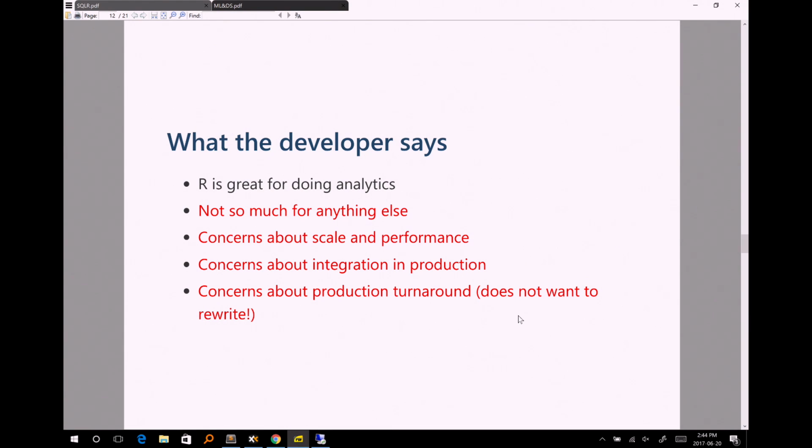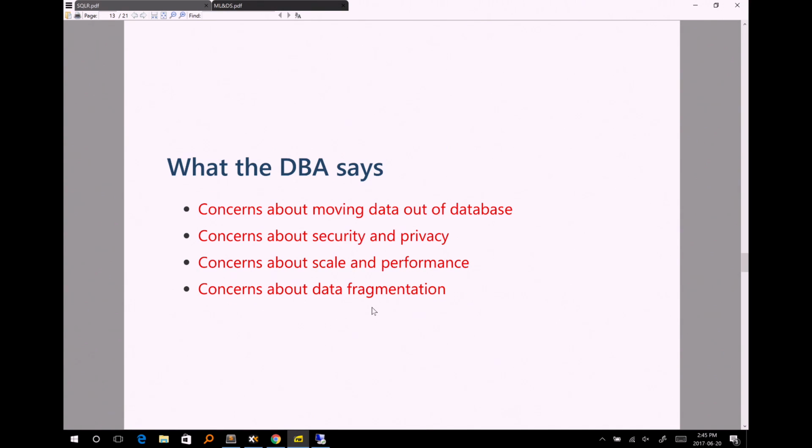Once again, the developers are going to have, to some extent, the same concerns as the data scientists, and in some ways a different way of looking at it. A developer is very interested in integration in addition to scaling and performance, right? So we need to see how we can cater to the developer as well.